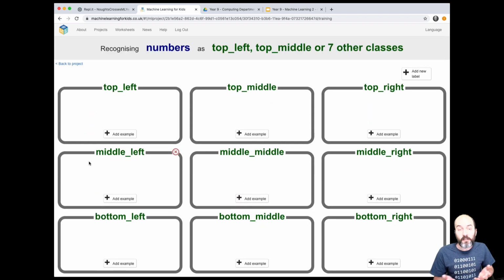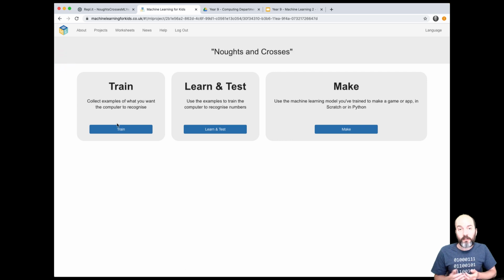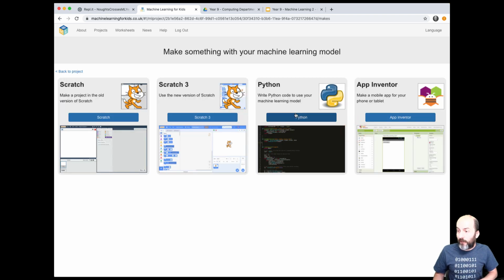And the training data is blank at the moment. And basically you can see it's organised into the 9 cells for the noughts and crosses grid. We can't tell it to learn anything yet because we've got no behaviours to reinforce. So we're going to click on Make. And we're going to make in Python,